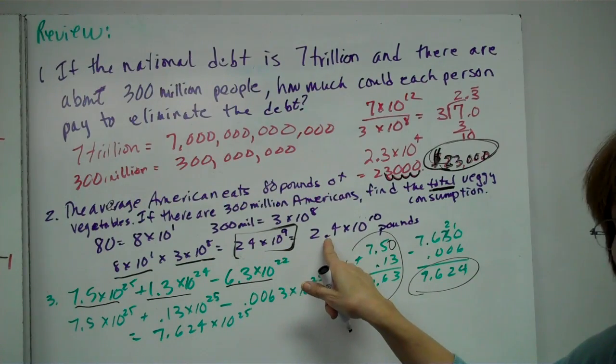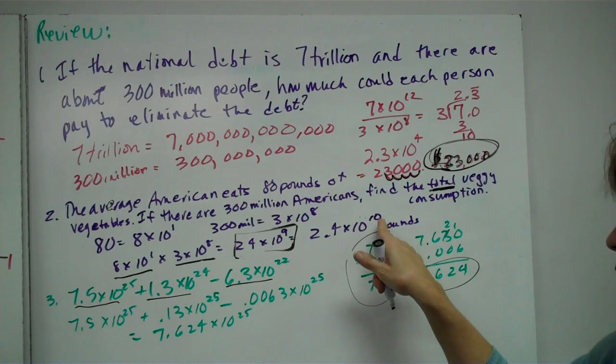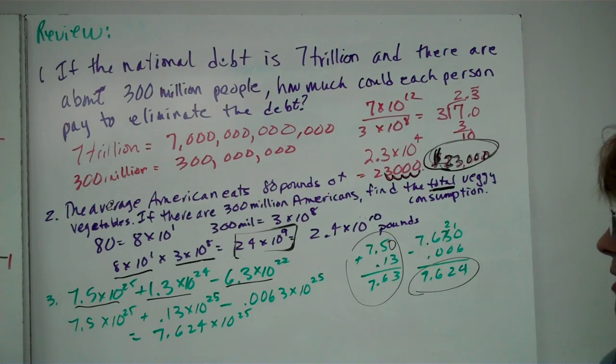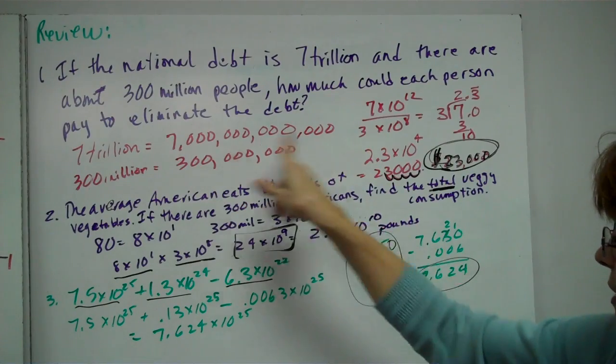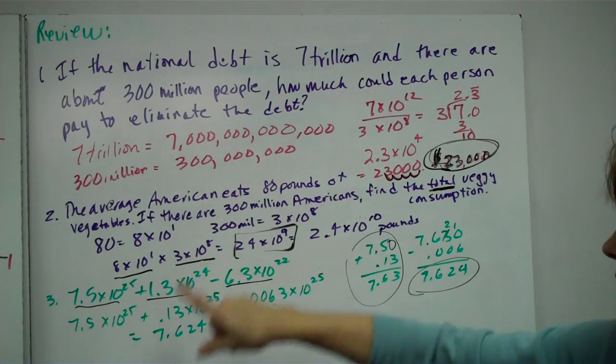So to put it in scientific notation, we make this a little smaller, so we go up 1 for the exponent. So it's 2.4 times 10 to the 10th pounds of vegetables that we consumed, which is a lot of vegetables. Somewhere up in the billions, I guess, because 8 and 12 are millions and trillions. Anyway, we'll talk